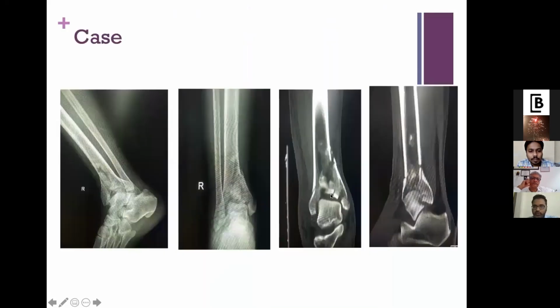If you see this, there are multiple articular fragments. We cannot fix each and every one of these small fragments. So when we maintain the articular congruity, we want nature to take care of and heal these fragments. The best thing we can do is to have a congruent articular surface. But in this particular case, we are not sure of absolute stability. So we want to have that ligamentotaxis benefit for the patient. So we maintained it for 2 weeks. Then we discontinued the fixator and we put it on slab.